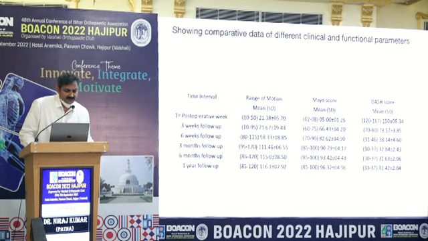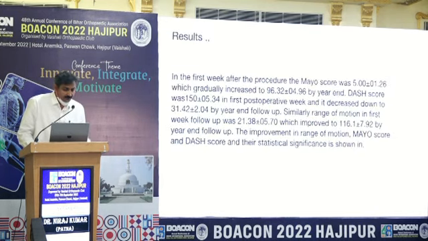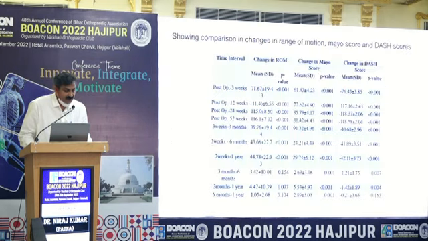Mayo's elbow performance index improved from 5 to 90 by 3 months, and the same for the DASH score, which improved from 150 to 32 by 3 months. The first week after the procedure, the Mayo score was 5, which gradually increased to 96 by year end. The DASH score was 150 and decreased to 31 by the year end follow-up. Similarly, the range of motion in the first week was 21, which improved to 116 by the year end follow-up. The improvement in range of motion, Mayo score, DASH score, and their statistical significance is shown